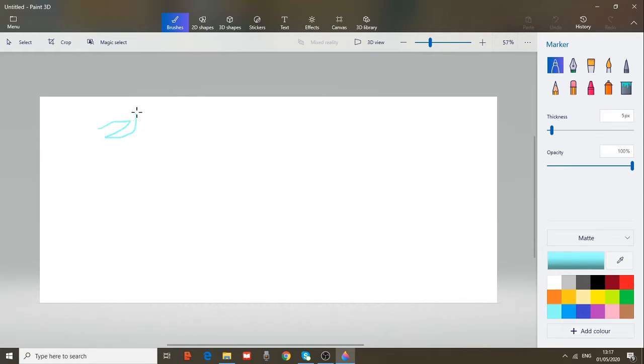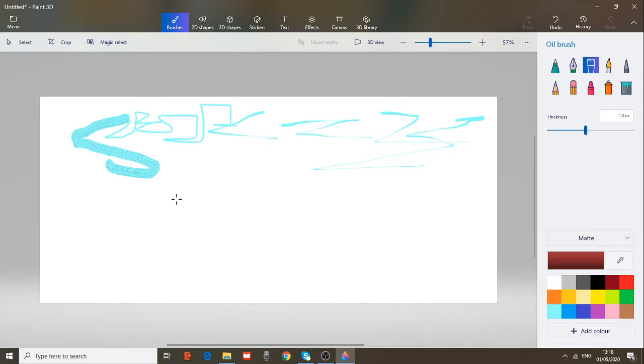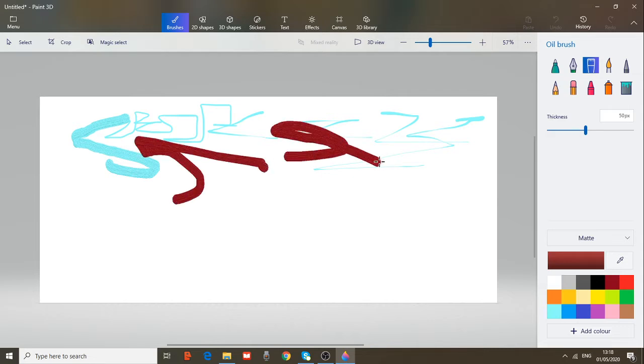You can design like this, lines or whatever you want to create. With a calligraphy pen, the difference is, you see the differences. You can change the colors from down here. Okay,